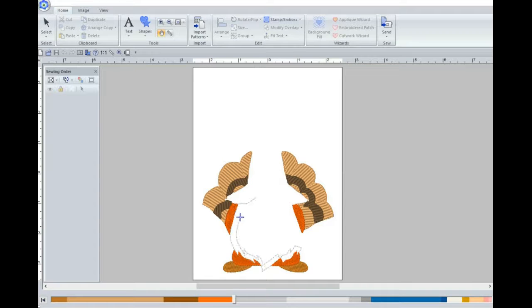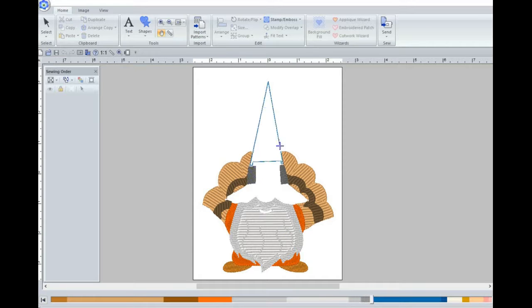And now it's doing the outside of his beard, which I made it a silver color, and then it's going to do the inside, and I did him in a kind of white. And it does have a little ribbing in it, and I have it stitched out, and I will post pictures of it. Alright, and now it does the band, and then it does the top part of the hat,